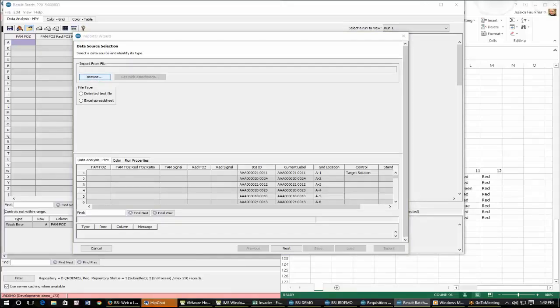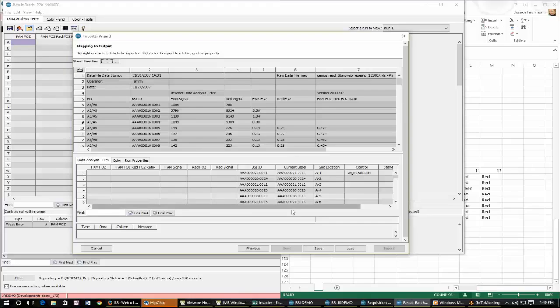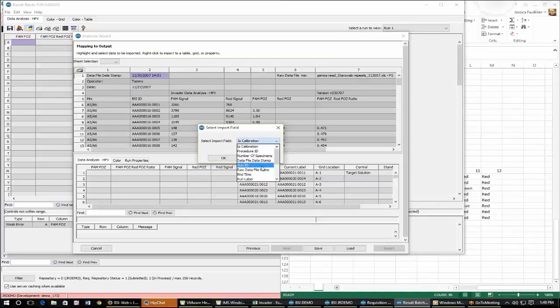So you can select your file and press next. And the extra features that we have here are a preview of the import, and you can select different pieces to import. So if I want to import this property, I can select it, right-click, and say select import property, and I can select my run property that this is. So this is my data file